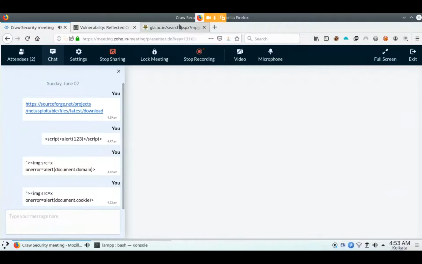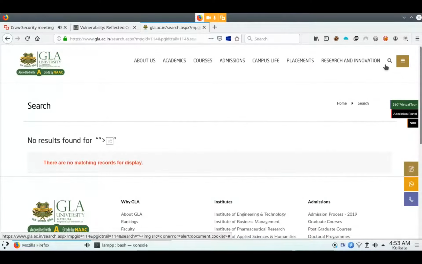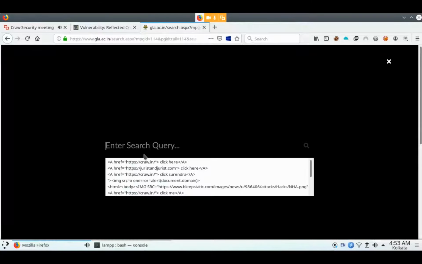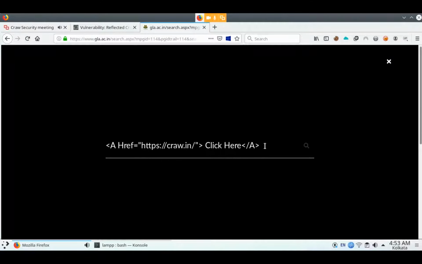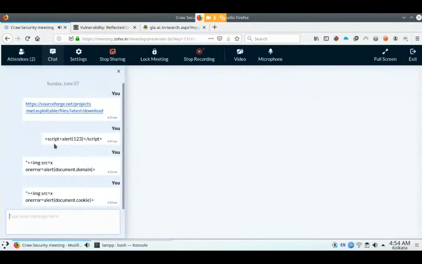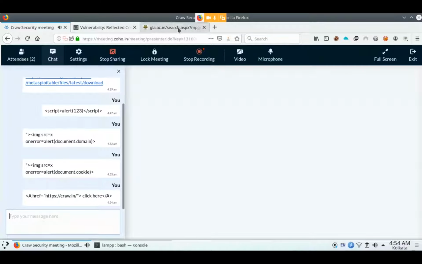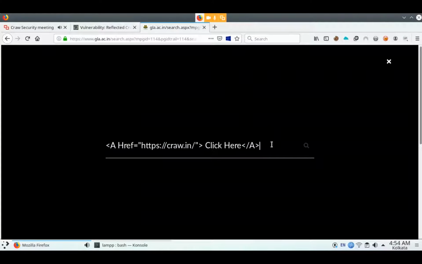Now I want to try the clickjacking vulnerability, because if any website is vulnerable to XSS, then maybe it is vulnerable to clickjacking. Here I am using this command. I will send it to you in your chat box. I have created a click here button.